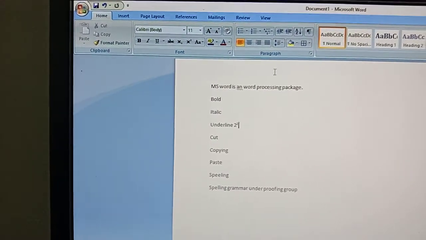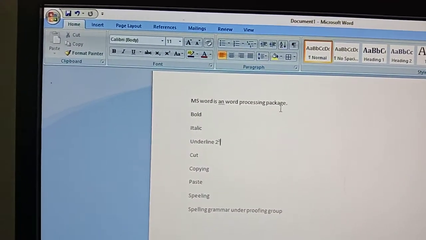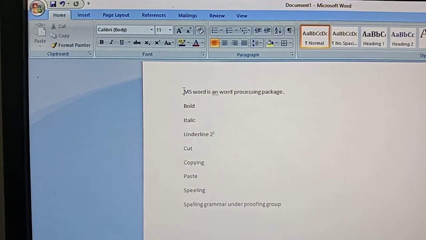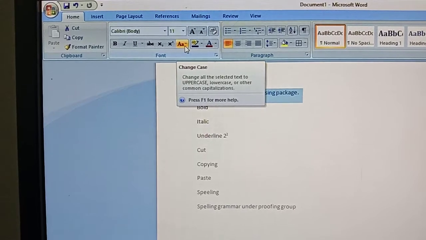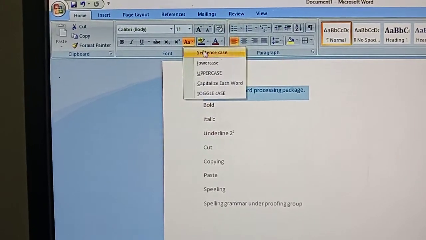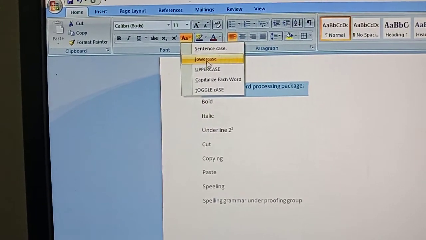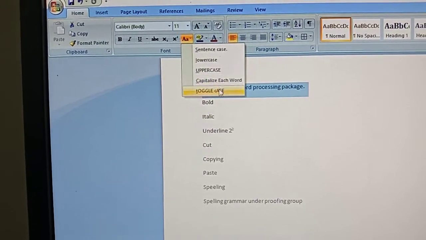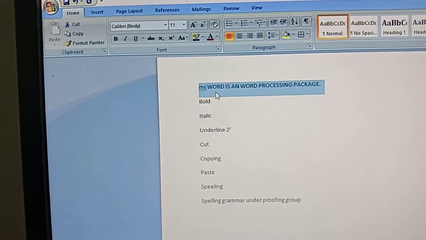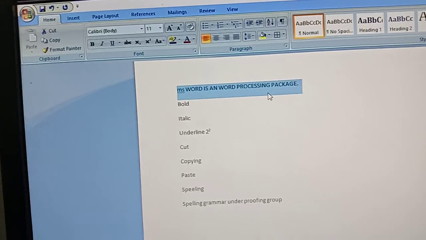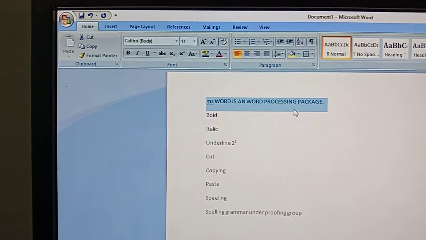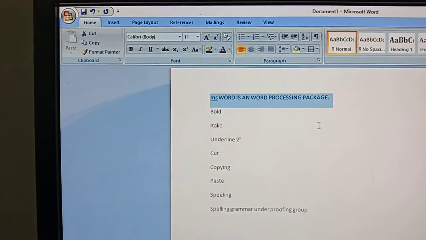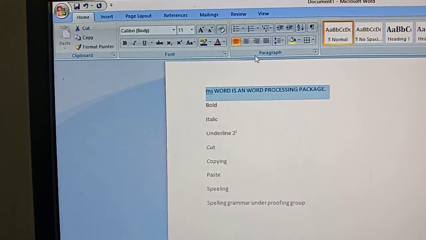You can change the case of your text also. For that, select the text, go to the change case option and click the drop down arrow. You can click sentence case, lowercase, uppercase, capitalize each word, toggle case. Toggle case means only the first letter will be in lowercase and the remaining will be in uppercase.